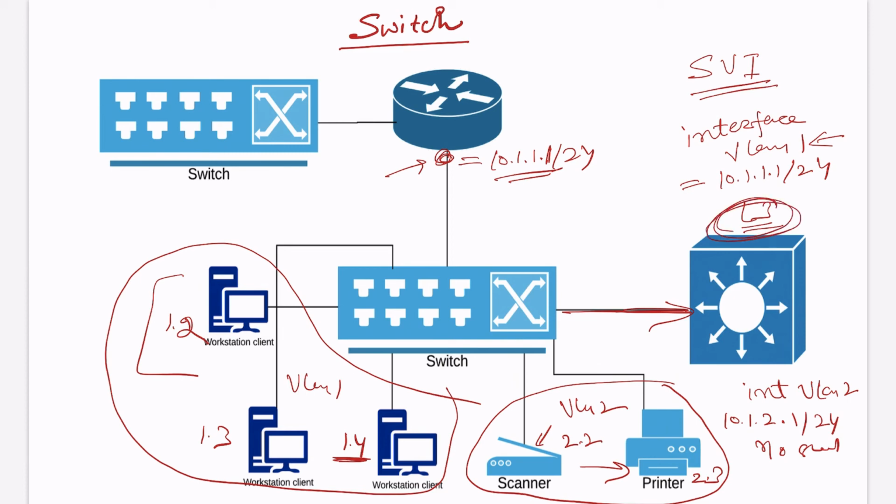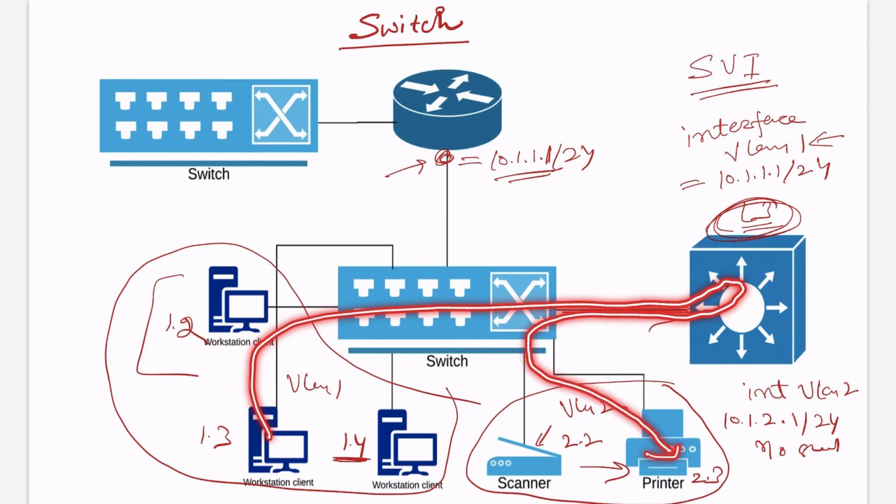This is where the layer 3 switch is really beneficial. Let me show you. This is the device which wants to communicate, and the printer's IP is 10.1.2.3, in 2 different segments. The traffic will go like this. It will enter here, the switch will do inter VLAN routing, the traffic will be turned around, and it will go to this printer.